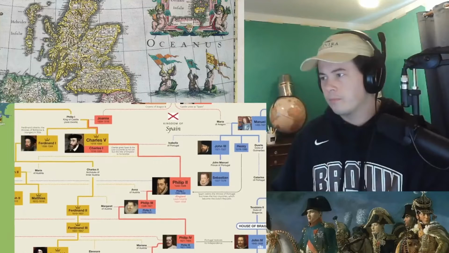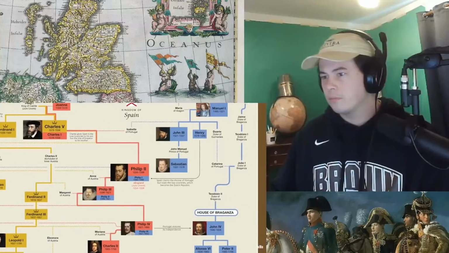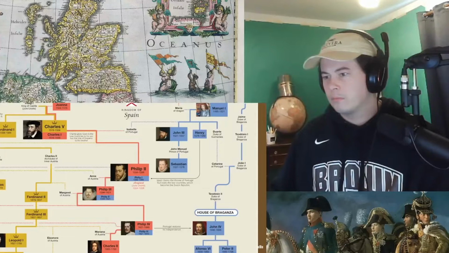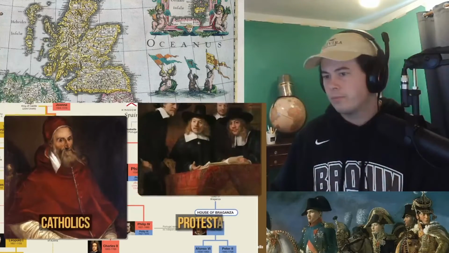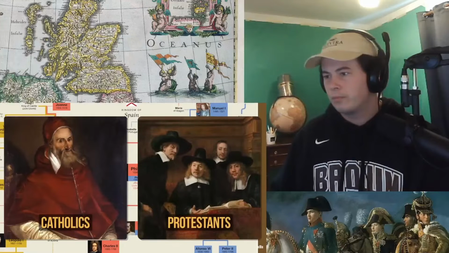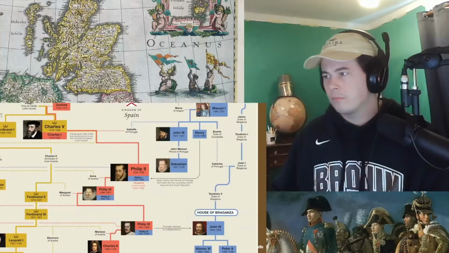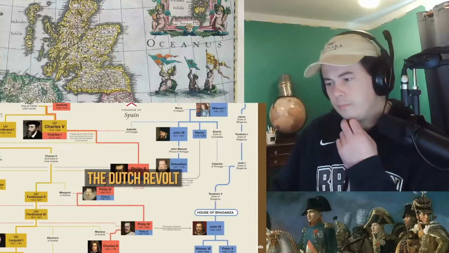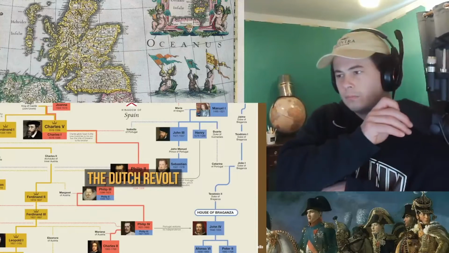Anyhow, during the reign of Philip II, several nobles from the Low Countries started to rebel and fight for independence. This was largely due to the fact that, by this point, Christianity in Europe had become divided between Catholics and Protestants. Philip II was Catholic, but most of Holland was now Protestant, in particular, Calvinist. The rebellion was known as the Dutch Revolt, the word Dutch referring to the ethnicity and language of the Low